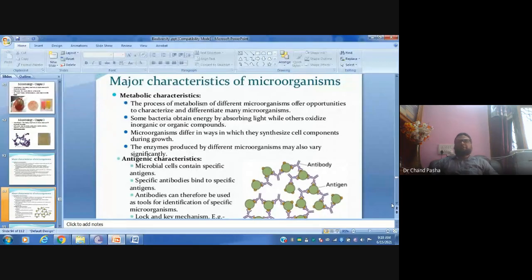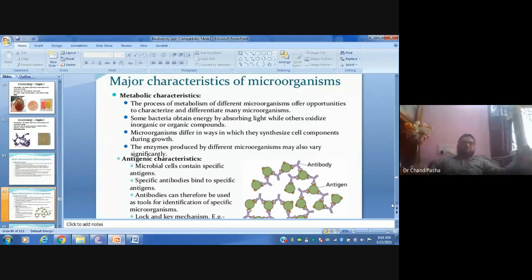Indole test. Tryptophan is one of the amino acids that bacteria use as food. Some bacteria will cut the tryptophan periphery first and leave the central core, that aromatic core. That is indole actually. So such bacteria are called indole positive. Whereas the remaining bacteria will first cut the central aromatic chain. Such bacteria are called indole negative.